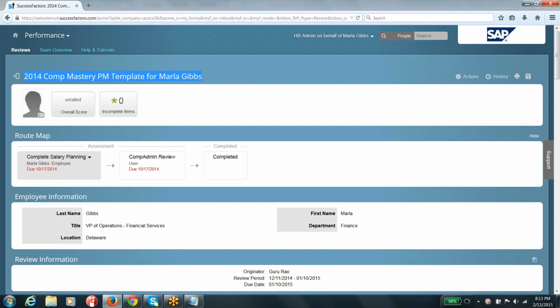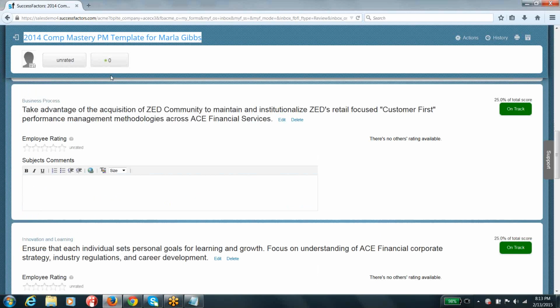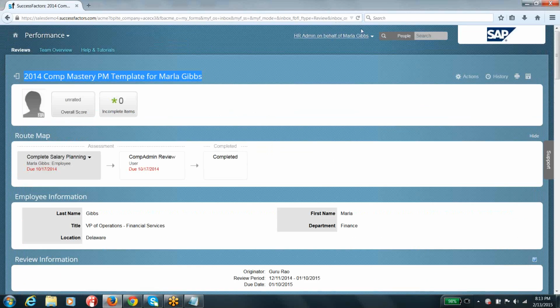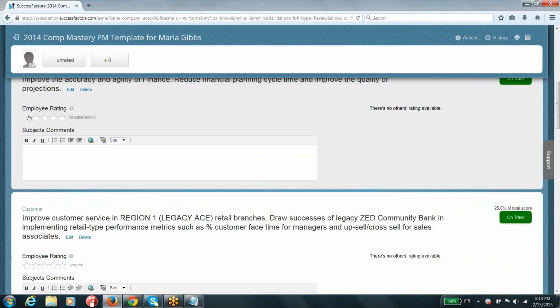So the thing that you are going to place on the employee's account is nothing but a form, guys, and the form is the thing that employees are going to work on, like updating their self-review comments, or providing their self-review ratings, or if you talk about a manager, the manager might be giving review feedback, updating his own comments, or providing the management evaluation ratings. Those kinds of things are going to be done by the employees. So you can see here the form that you are seeing has been launched to an employee, and that employee name is Marla Gibbs. Here you can see where you will find your rating scales, this is your rating scales, guys.